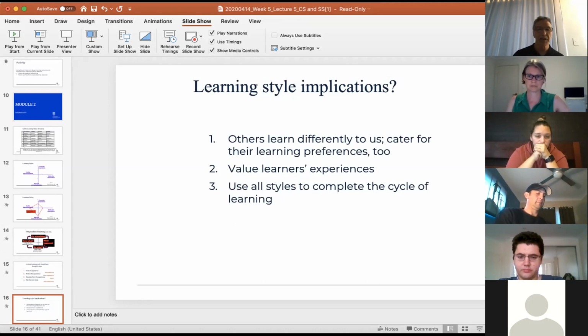So you might want to have something that's really visual, something that's quite practical. A video would appeal to some people. If you're a visual learner, then using a video might be really useful. For others, it might be talk to somebody, discuss something. For others, it might be writing notes. So if you try and remember that when you're doing a training session to mix things up, it's quite useful.